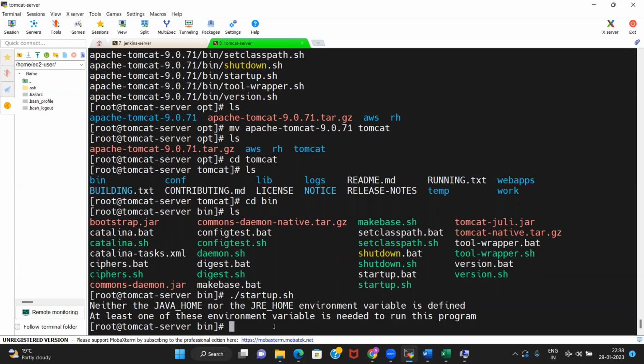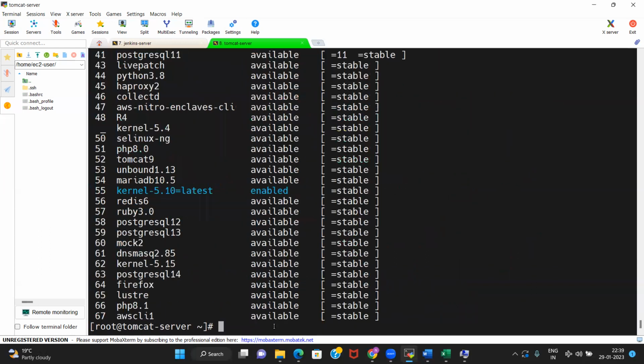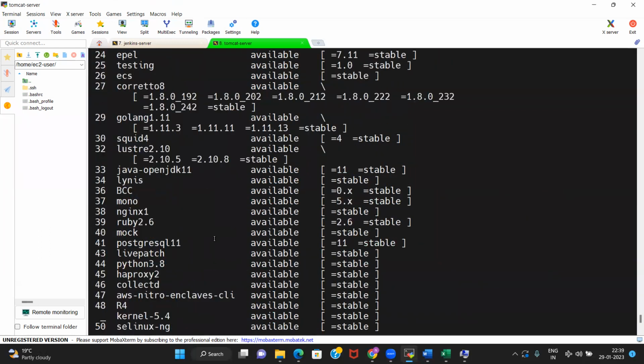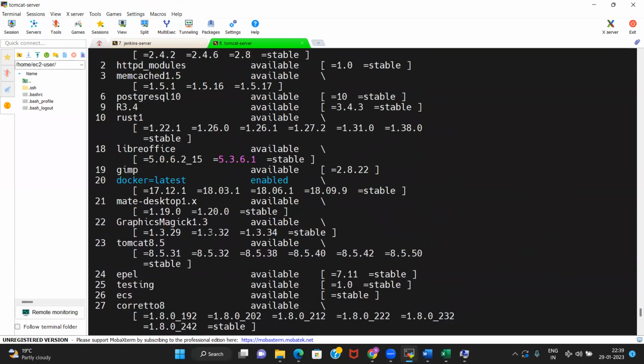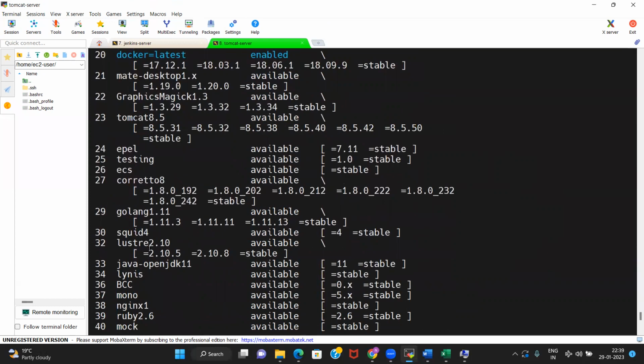How to get Java? Go as a root, and you remember Amazon Linux extras, and just look for it, and let us find Java. Java, this one, Java OpenJDK 11.